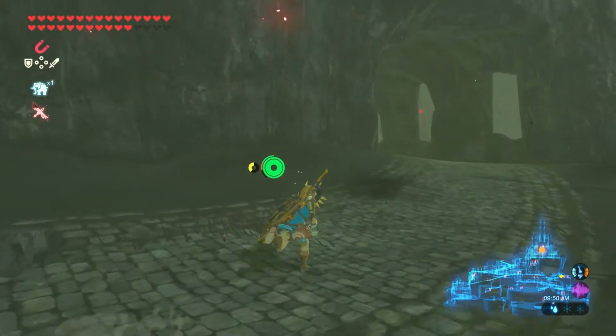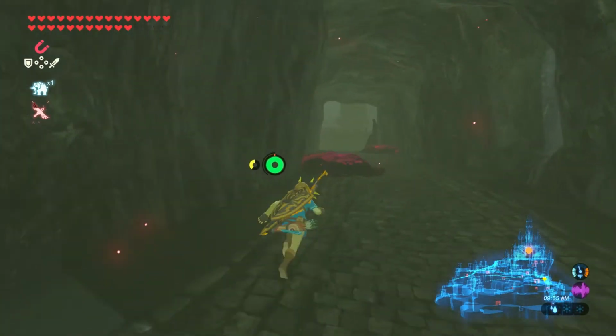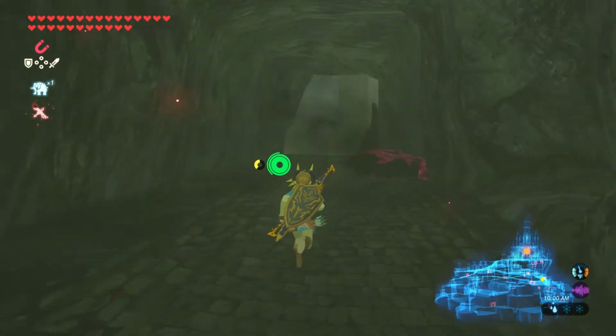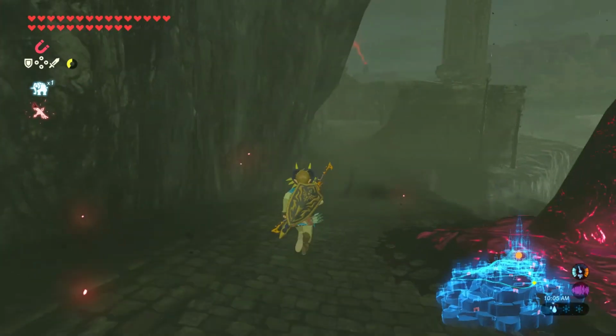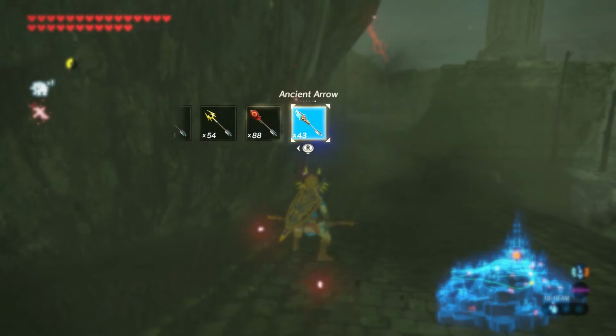We can continue forward, exploring. See what else we got going on here. I'm trying to think what else there is. It's really just a lot of passageways. I think there's a dining hall with a lot going on in it. But we can...